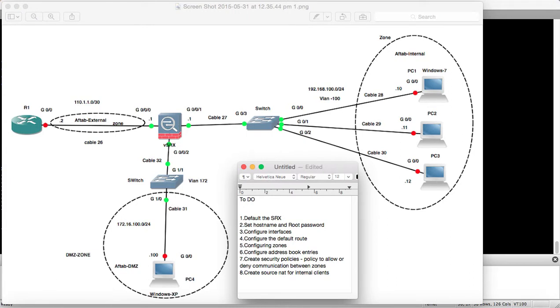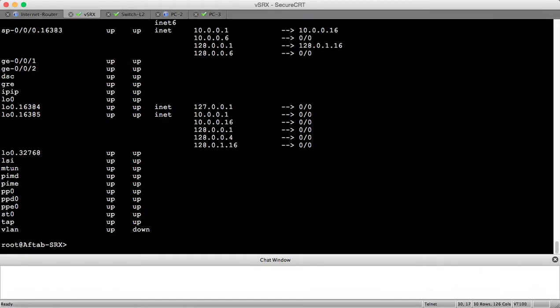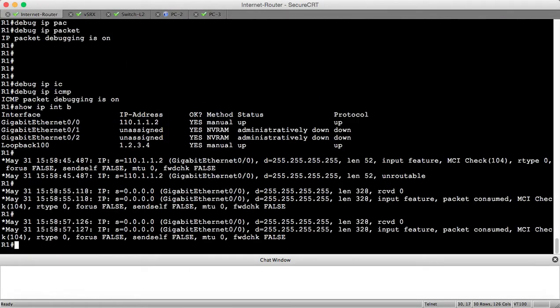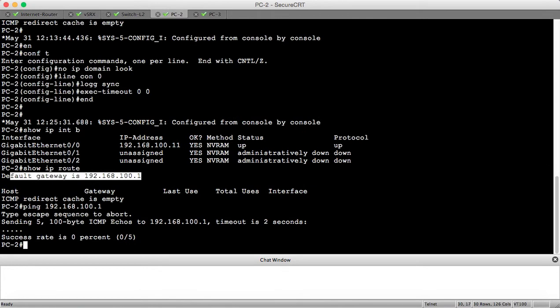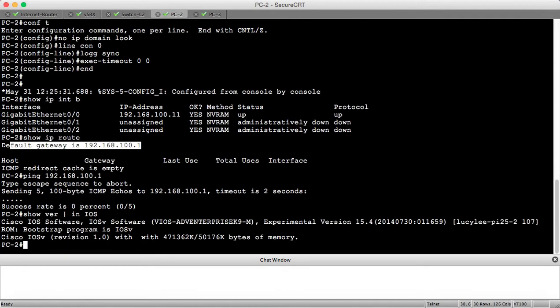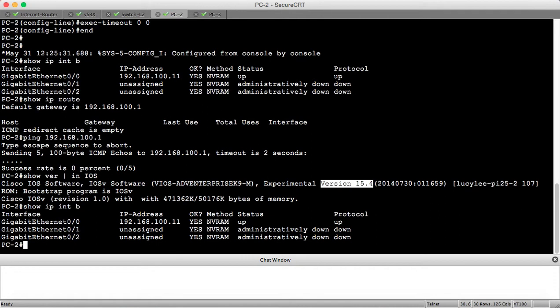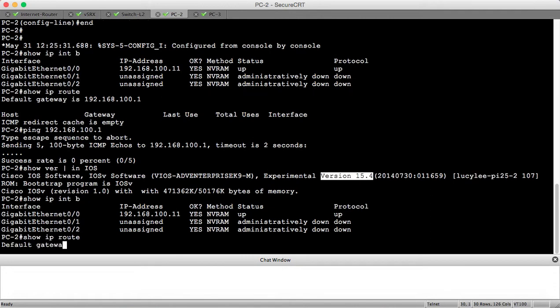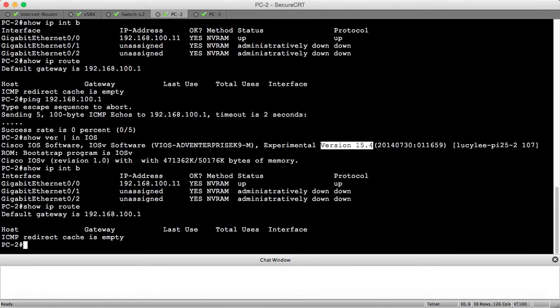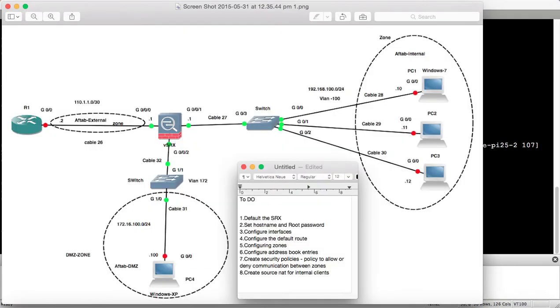So let me walk you through that. If I type show version in your IOS, you can see that I'm running the 15.4 version of Cisco IOS, and I've just configured an IP address and I have not configured any routing. I've just set a default gateway as 100.1, right? So currently I'm using